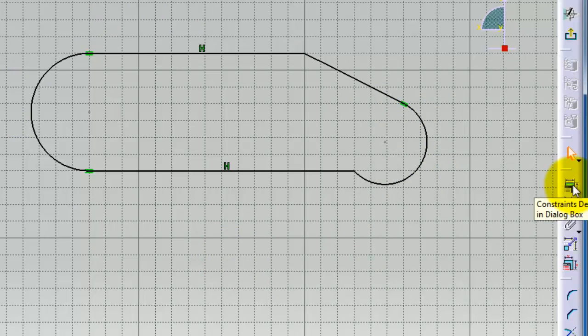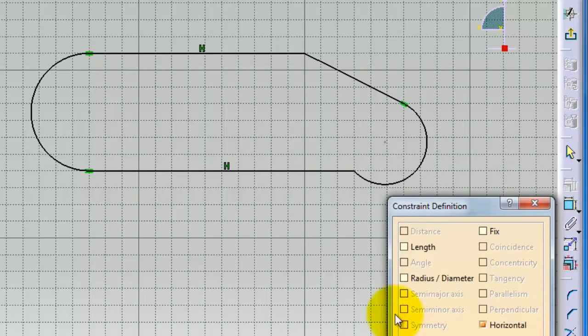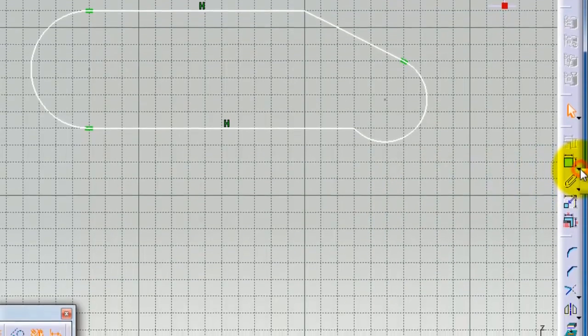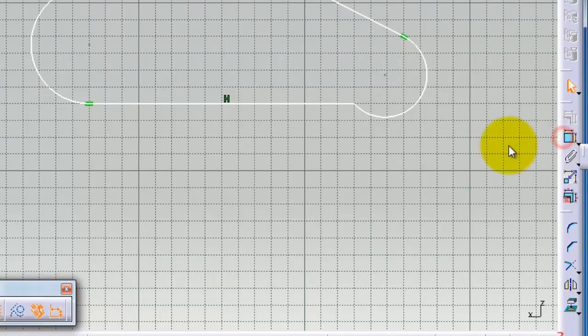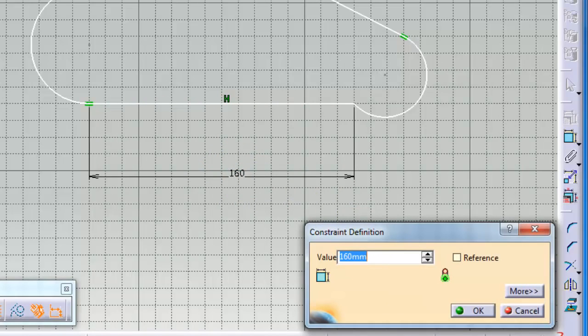You can do constraint define in this dialog box. Here you can see the constraints which are found, and to add a dimension we can just choose the constraint tool. Here, as you can see, you can add dimensions. You can change it to 180,